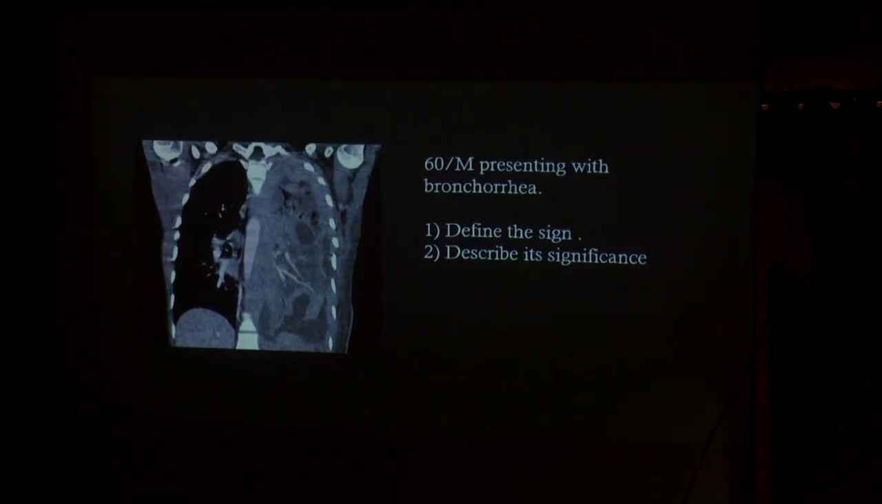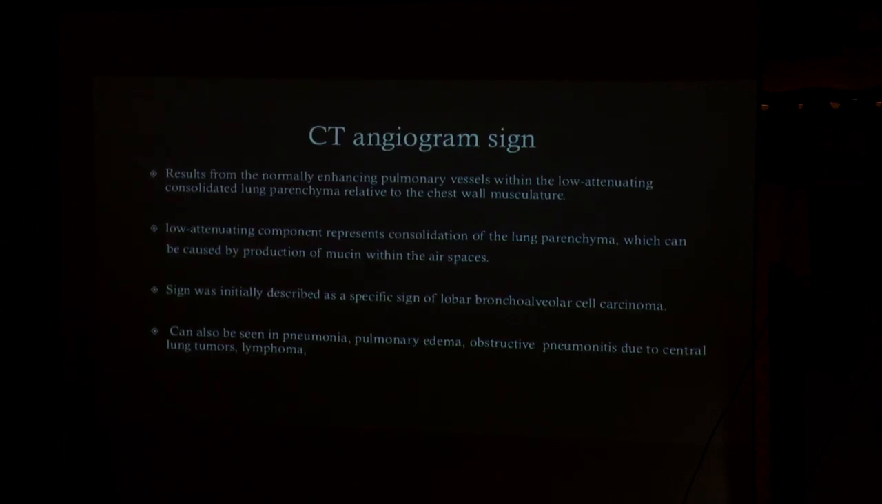So a 60-year-old male presenting with bronchorrhea. Define the sign and its significance. What is the sign seen here? You can see an enhancing vessel within a consolidated lung. So this is the CT angiogram sign,